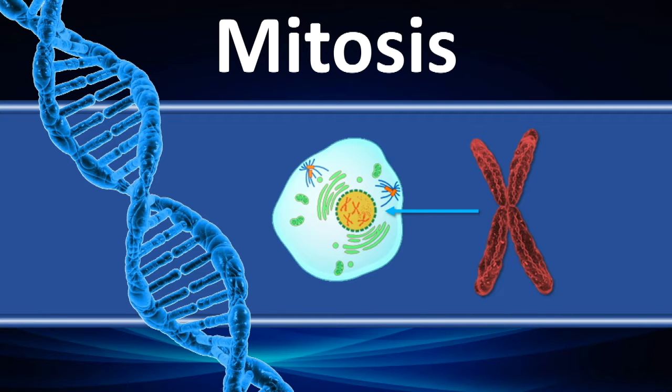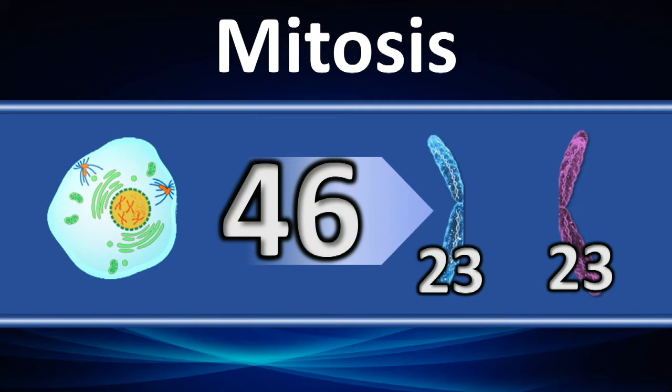Now in the cell, in the nucleus, in the middle there, that's where you've got your DNA. In this particular diagram, there's little X's in the middle there, what we call chromosomes. Normally the DNA is in the middle. It's not forming the X's, they're just kind of sitting as loose strands. So when we do mitosis, we've actually got to duplicate our DNA to begin with. So you normally have 46 of these strands sitting in the nucleus. Well, 23 came from your mom and 23 came from your dad. So there's 46 single strands, 23 from mom, 23 from dad.